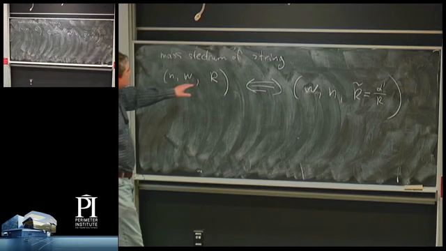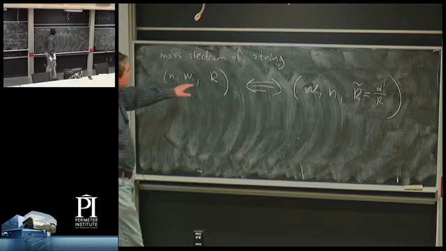So the spectrum of the string theory is invariant under the transformation where you go from a radius r to a radius 1 over r times L string squared. And the only thing you have to do is flip the winding and momentum modes,